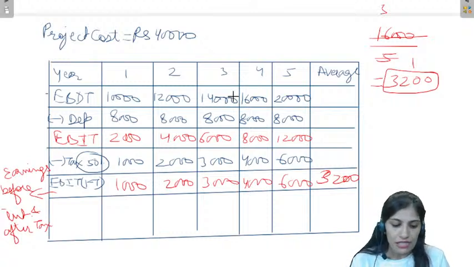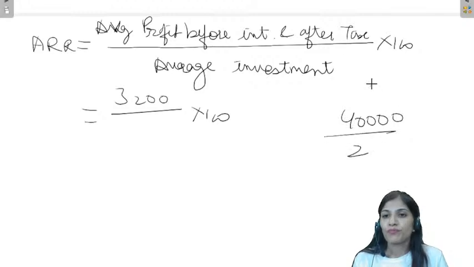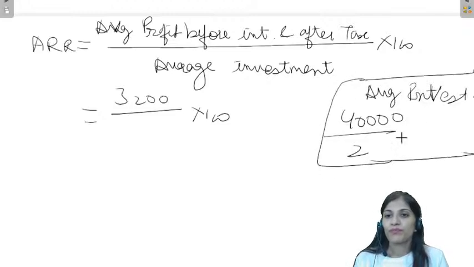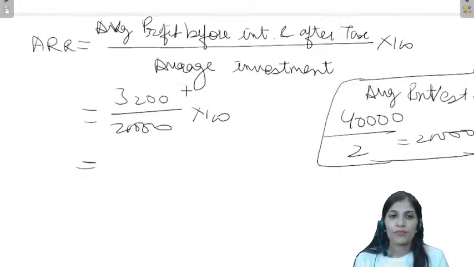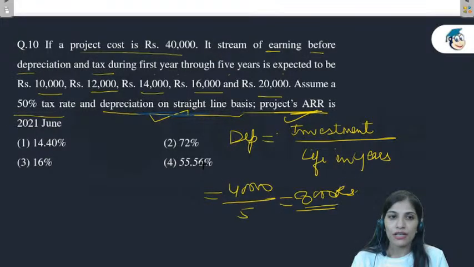तो मेरा एवरेज इन्वेस्टमेंट कितना हुआ? टोटल इन्वेस्टमेंट कितना है? 40,000. तो एवरेज इन्वेस्टमेंट इज इक्वल टू 16%। अभी आपका आंसर आएगा 16%। एक बार चेक कर लेते हैं हम। यस, ऑप्शन में 16% आंसर है,